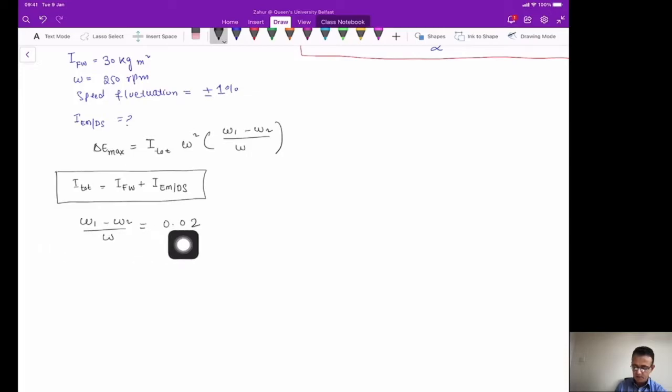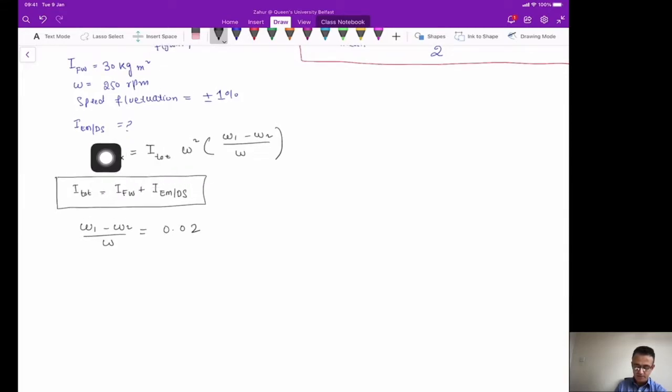So if you are not clear how we get this value, please go back and look at example 1 in the previous lecture. Okay, so if we know this value, the moment of inertia, and omega square, now we need to calculate this delta E maximum, which we can calculate from